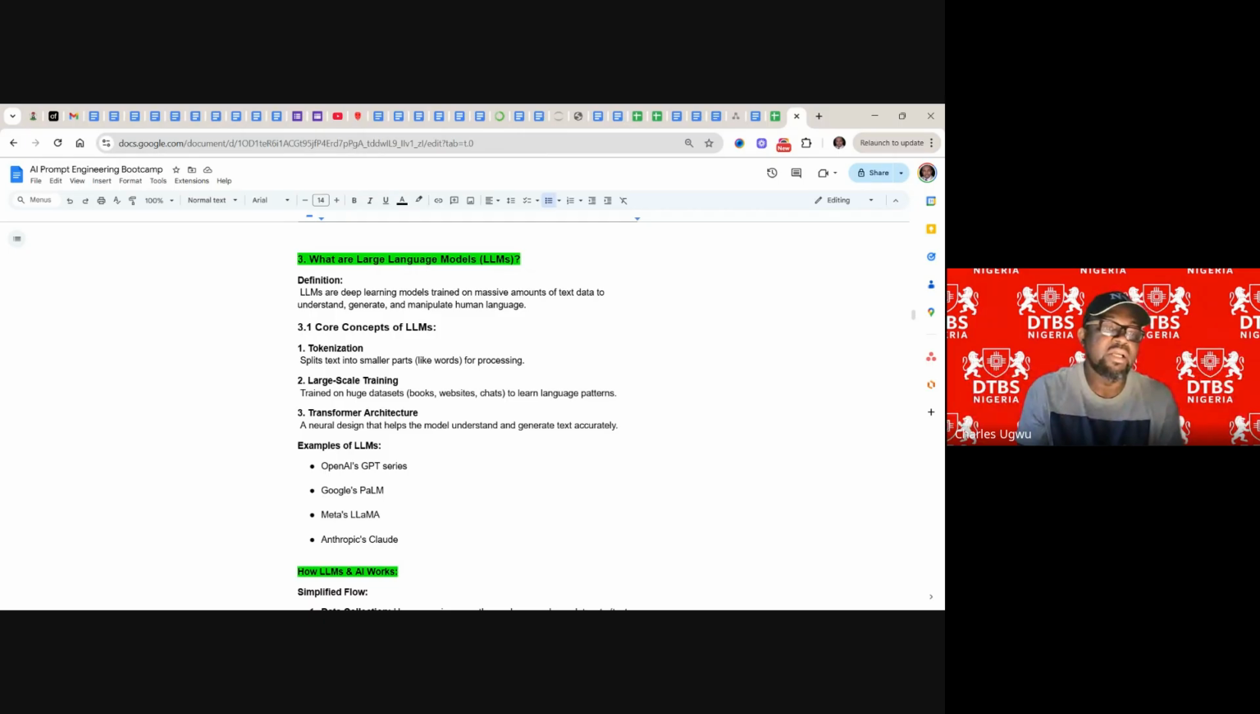And then we'll have large scale training. Train on huge data sets. They train them on books, like I said earlier. Almost all the textbooks we can think of, bestsellers, they fed them with these books. You see websites, almost all the websites, all the big websites you can think of, even your own website, only if your website is not so powerful,